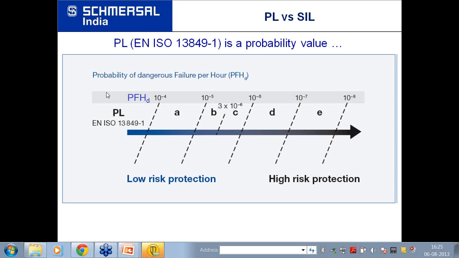The second option is that you search the website to see whether your machine falls into type C standards, and then you can buy a copy of that type C standard for the particular machine you are manufacturing and just follow that standard only. Then you need not follow any other standard. But if your machine doesn't fall under a type C standard, then you might have to follow many other standards, like one of them is EN ISO 12100.